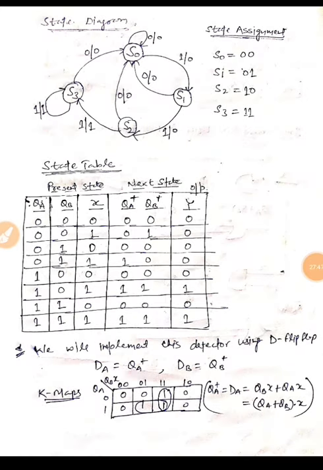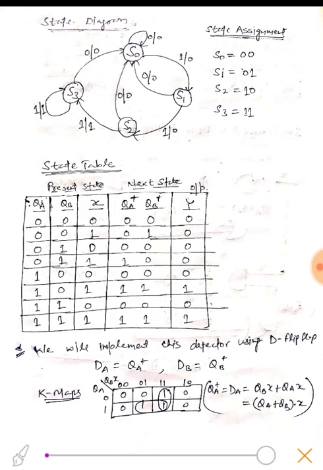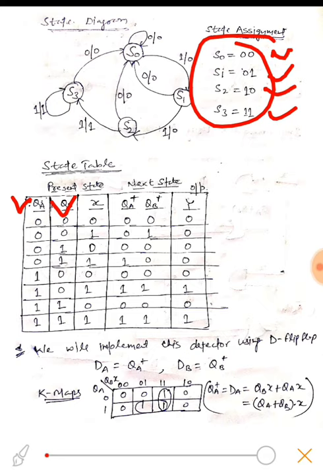As we have 4 states, we will have QA and QB, which can be used to represent our state, that is 00, 01, 10, 11. So we need 2 bits to represent our states in binary form, as we have 4 states. So 2 bits QA and QB are required. So it would be in one of the following states at a particular interval of time.